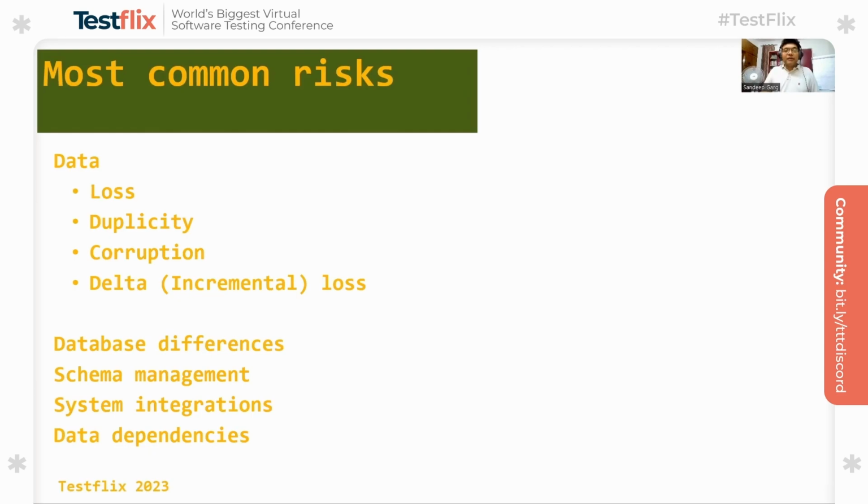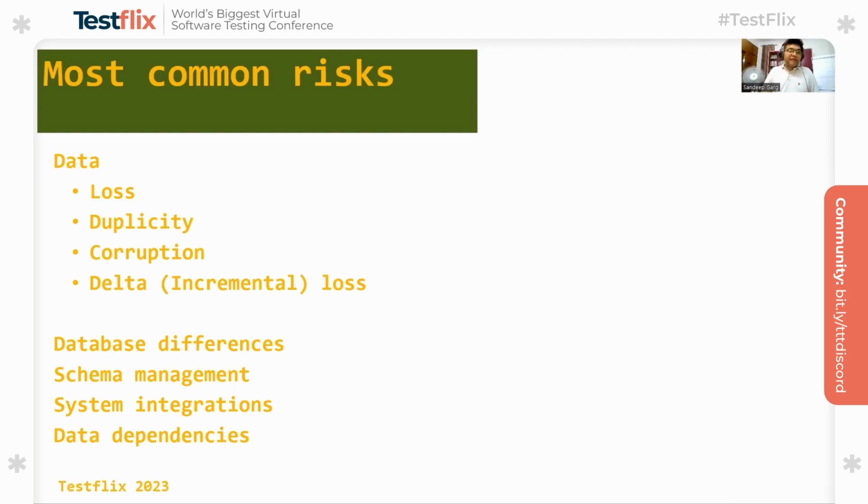Here are some examples. And the number one is data loss. No matter what precautionary measure you take while migrating the data, whatever new technology and new tools are available in the market that is facilitating that data migration, there is a possibility that data may be lost. That's a risk. We have to assume the risk. Otherwise, there is no point of testing on the data migration, right? So, data loss, data corruption,